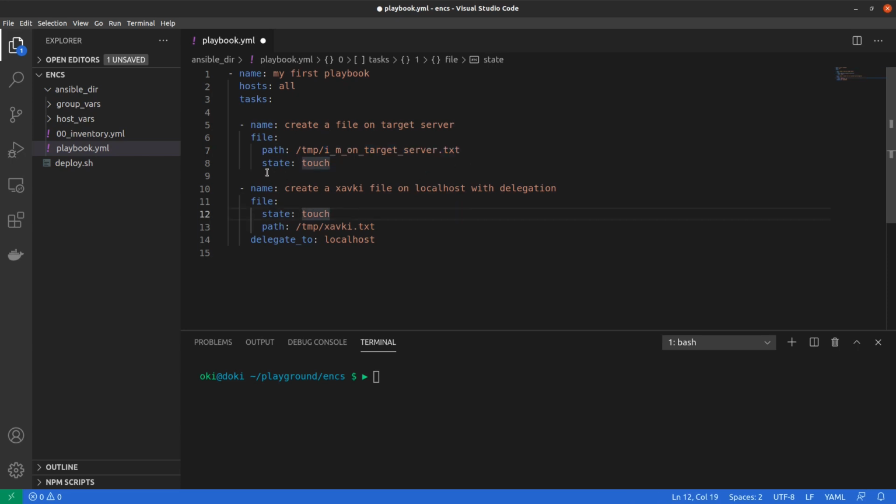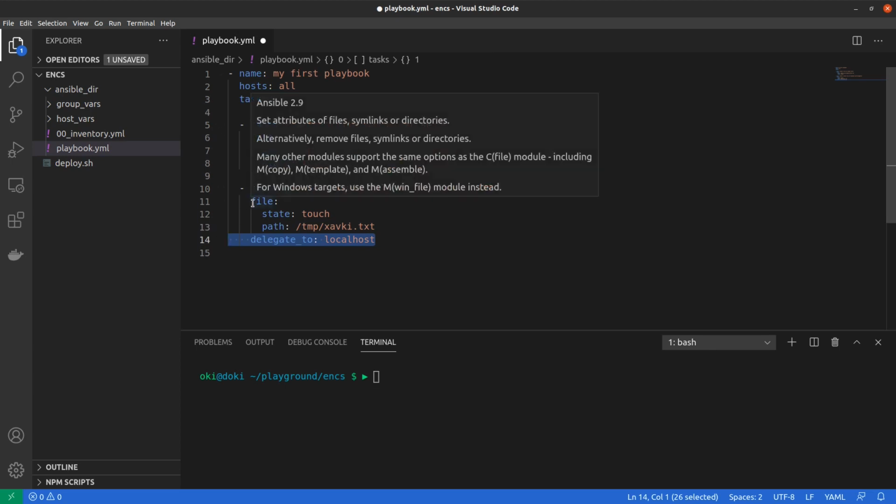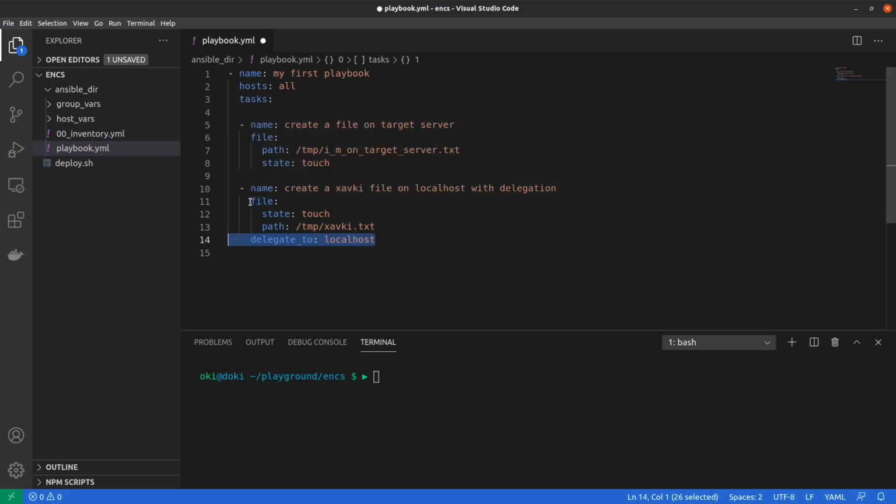Okay, and I do a second task, this one, and in this task I create a file named xavkey.txt, but I use delegate_to. Be careful with indentation: we are at the same indentation as the module, not inside the module.